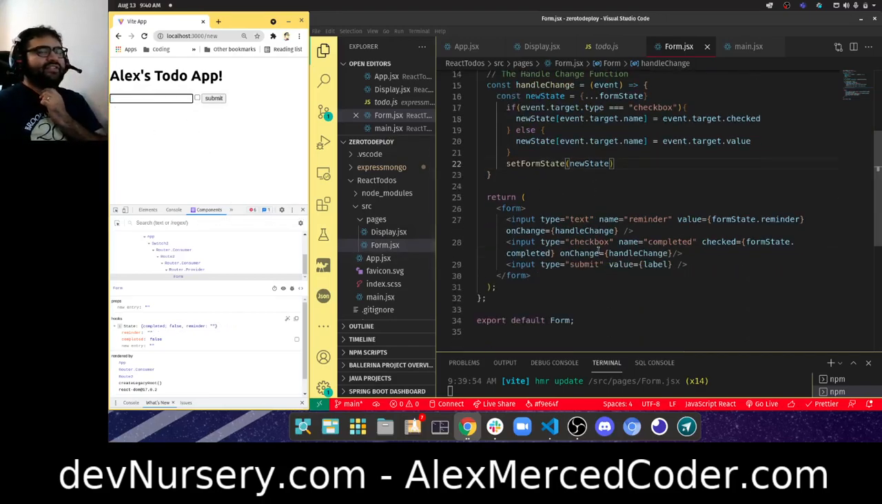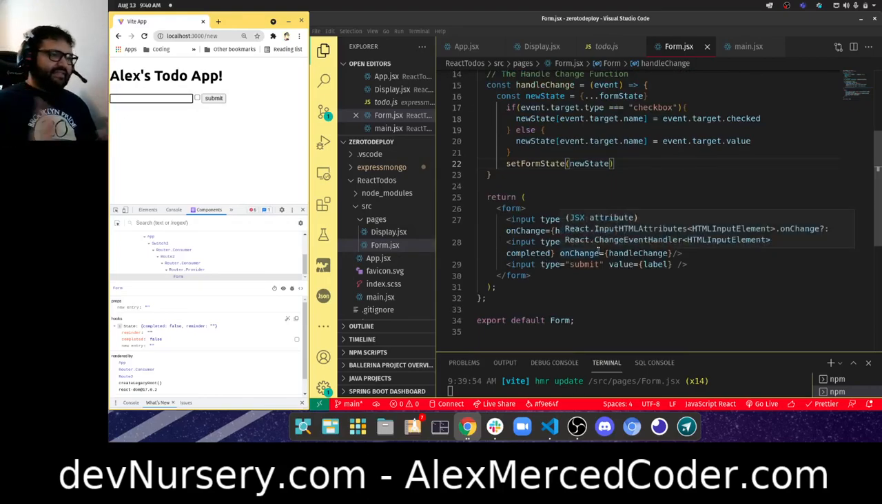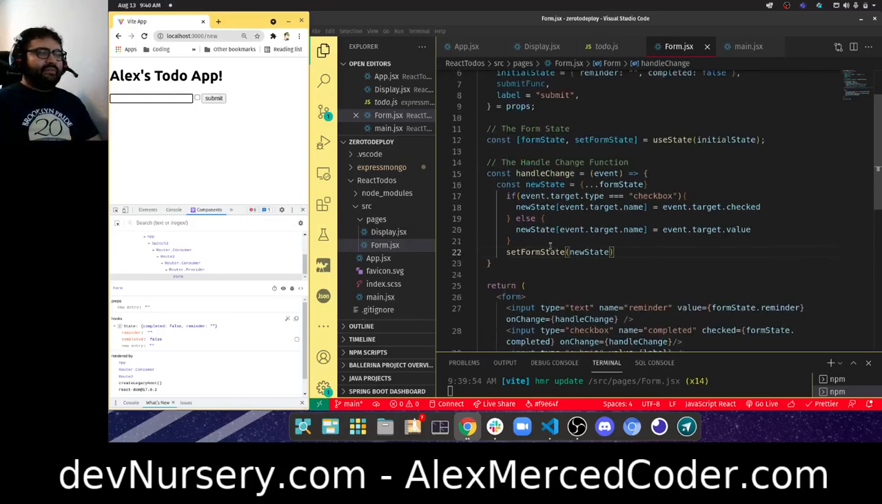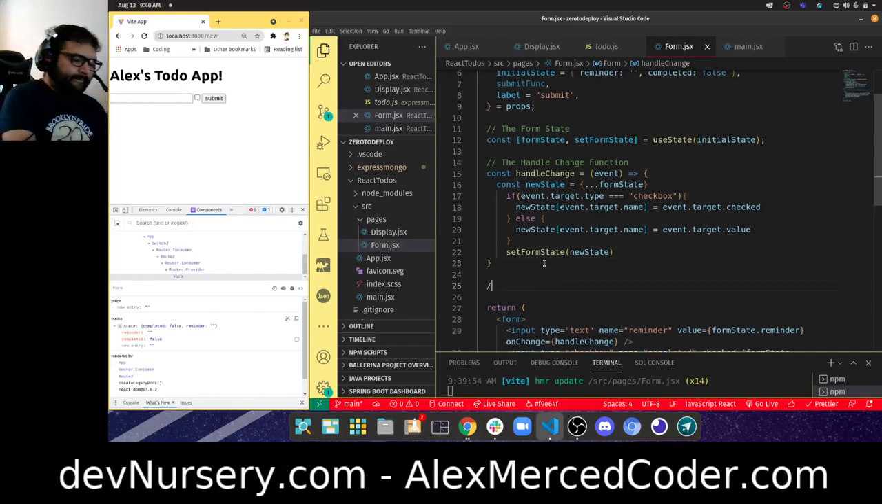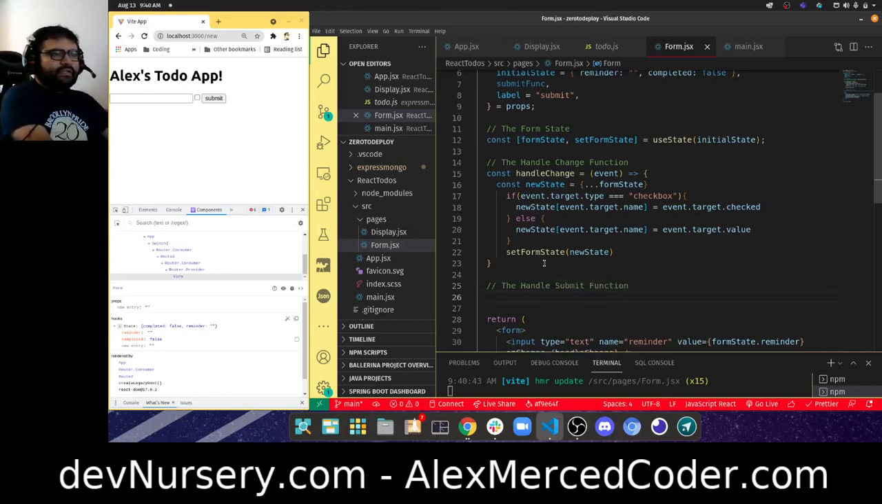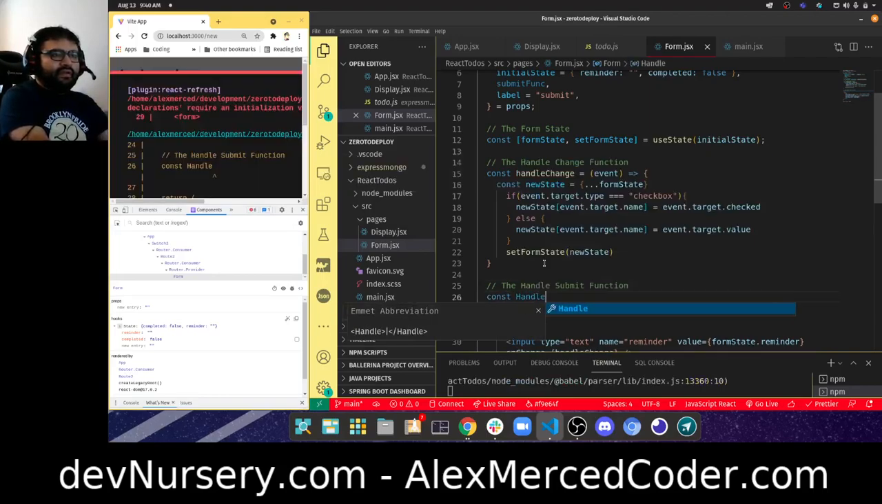Okay, so that handle change function does what it does. Based on my changes to the form, it updates the state. So the last piece is we need to be able to submit the form. Okay, so that's going to be a handle submit function we need to make. So here's what's going to happen. Const handle submit